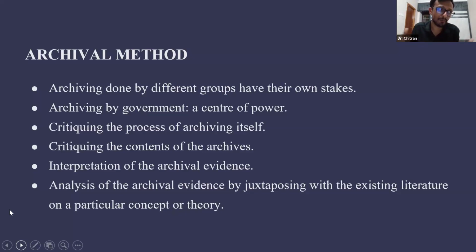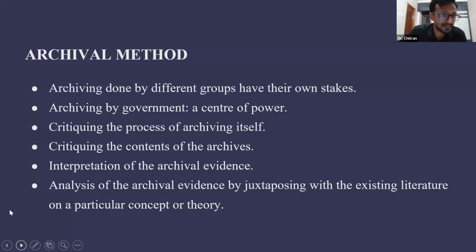Bias is not a big problem according to me, because history is very subjective, or any other social science discipline is subjective. You are actually taking up issues and intervening in your own way, and your politics matter when you do research in social science. It matters significantly. So that is where archival research is much more complex, because what I did for my research is that you have archival documents and you are critiquing the archives, questioning the archives. Because archives are written by the colonial state, and the colonial state will write from the position of power.